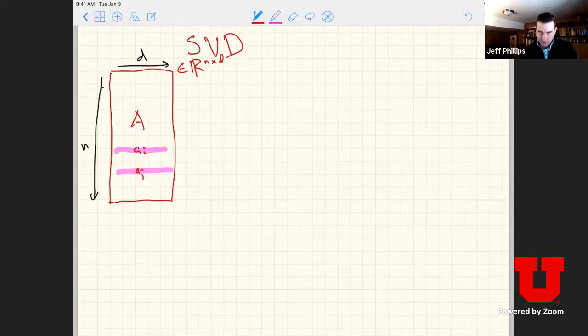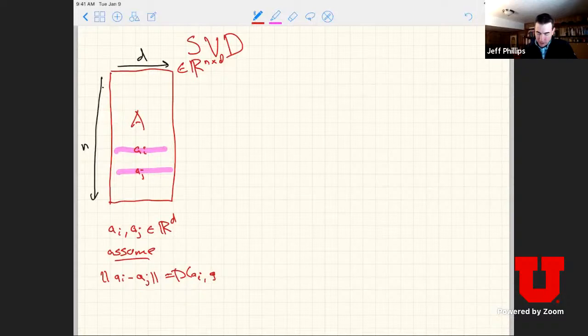SVD has lots of applications in lots of places, but within data analysis, the main application is when you think of A_i and A_j as points in R^d, these d-dimensional data points, and you assume, very important, that the distance between A_i and A_j makes